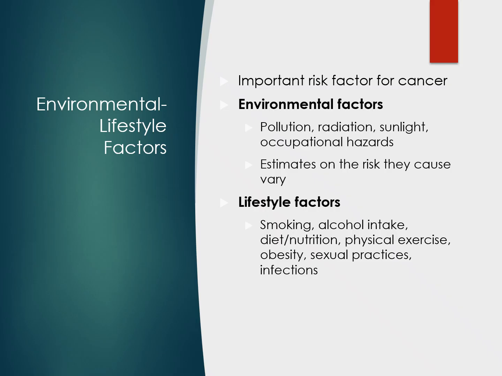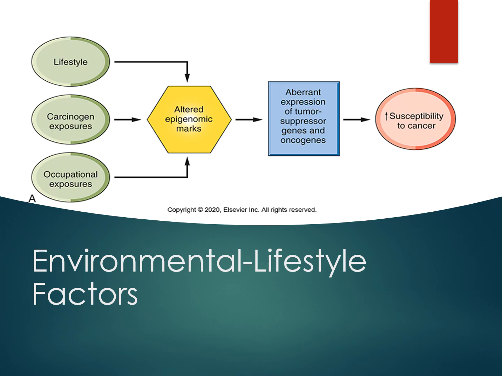Other things, lifestyle, okay? Smoking, alcohol, diet, exercise, obesity, sexual practices, especially risky practices, and different types of infections. We'll take a peek at those. All right, so 3 major areas that what? Epigenetic, now making that second trigger, and then we see that we begin to have some changes here, noticing tumor suppressor genes not being expressed correctly, oncogenes being triggered. And then it doesn't mean you're going to get cancer, but you're raising your risk every time. You're raising your risk.